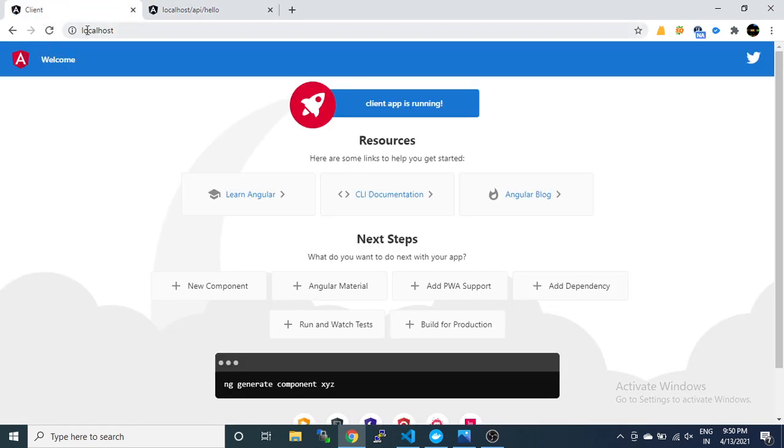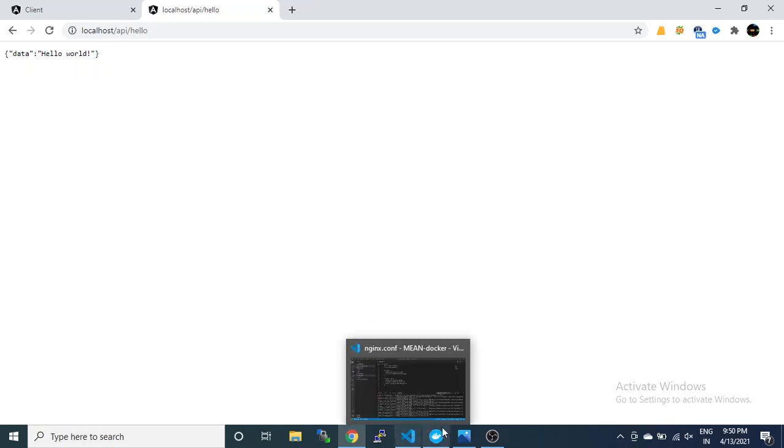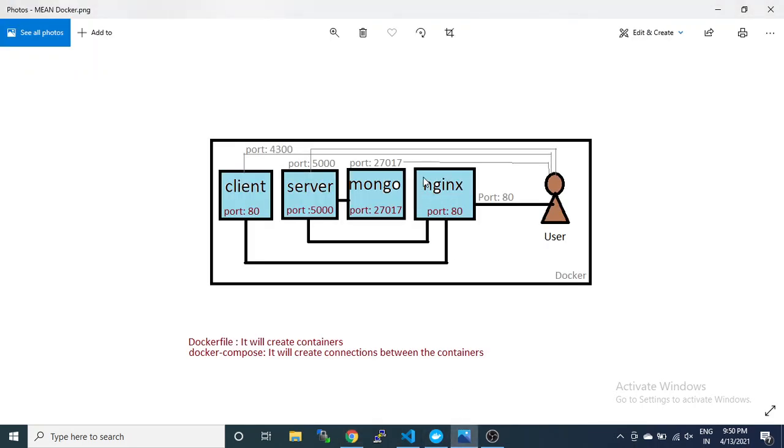Okay, so you can see that we are able to access the database, API as well as client side. So the Angular application with nginx inside and an Express API is working successfully with the help of the database as well, and the nginx reverse proxy. So now it's time to test these two ports.